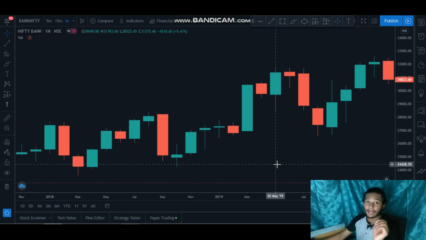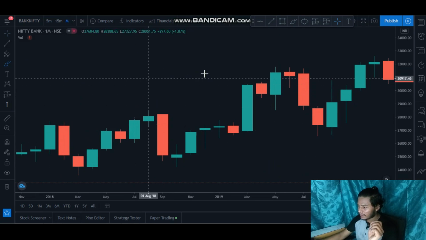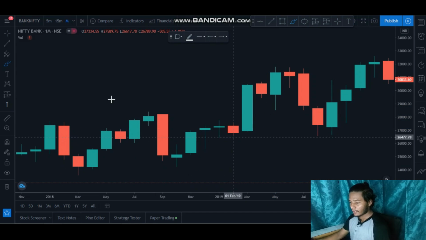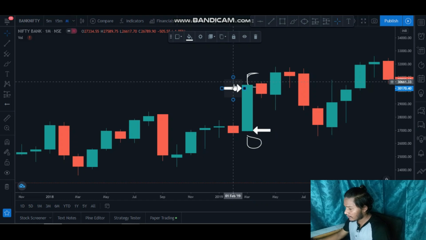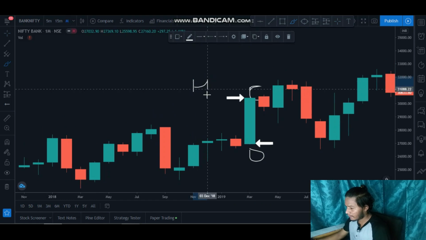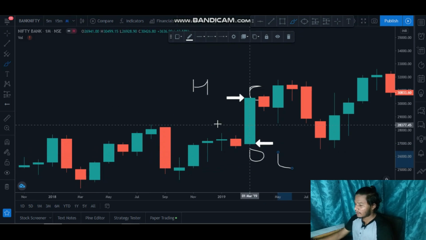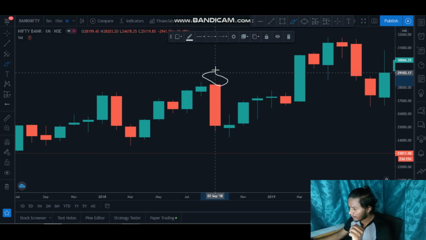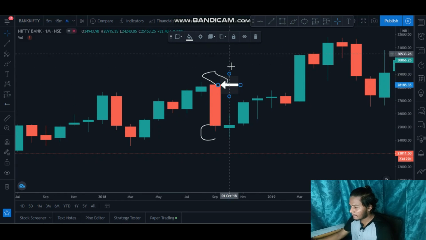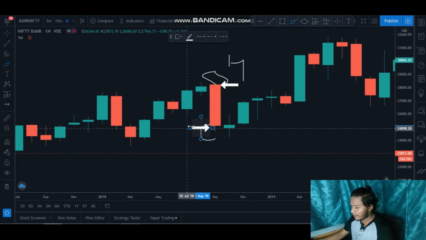So now we are here in the live chart and we'll concentrate only on this big green candle. Here we can see this is the open, O, and this is the close for this green candle. And after that, this arrow is the high, and this one is the low. Now move on to the red candle. The red candle opens here, O, open on the top, and it closes here. So this is the high in the red candle, H, and here is the low.